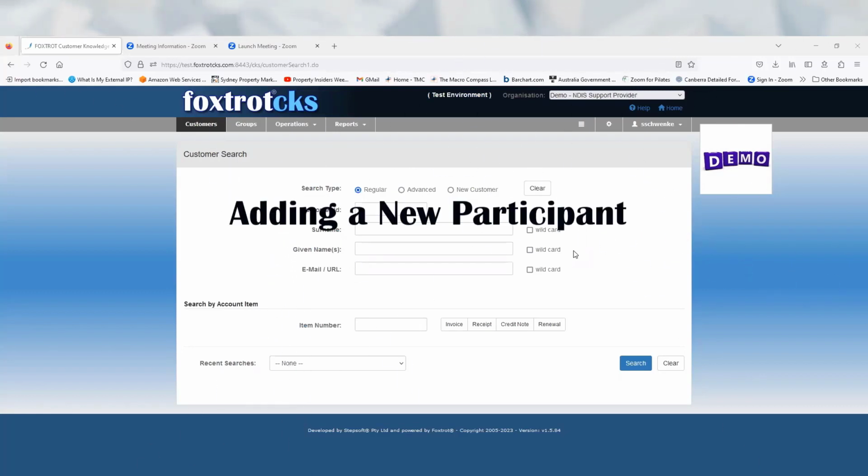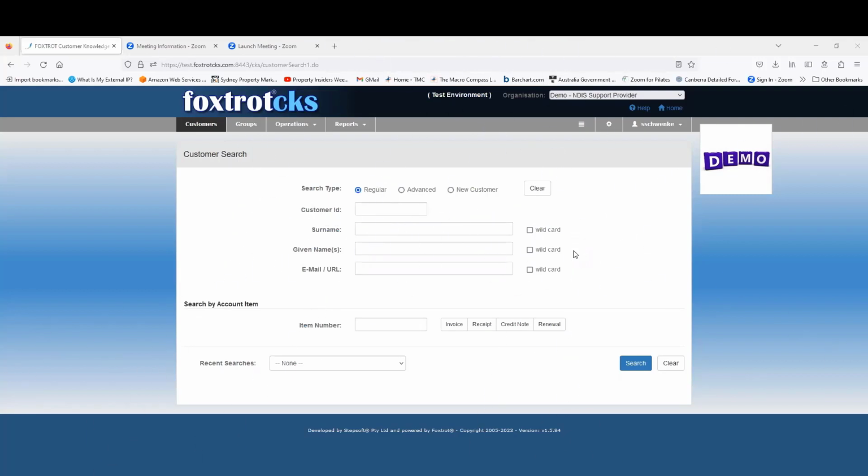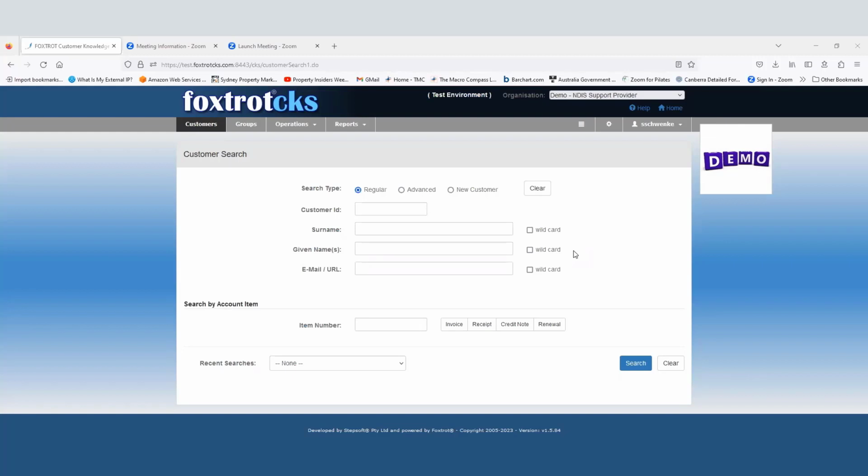This video is covering the topic of participant intake, and in this video we will create or add a new participant into your database. So let's get started. Adding a new participant is easy. There's a process set up with a series of screens to collect the information that's required,